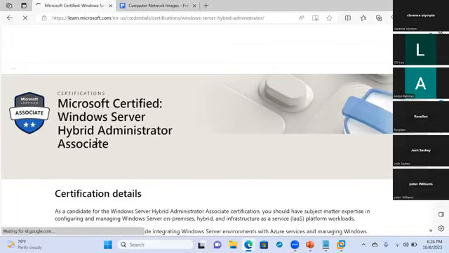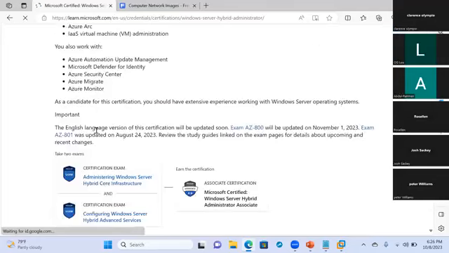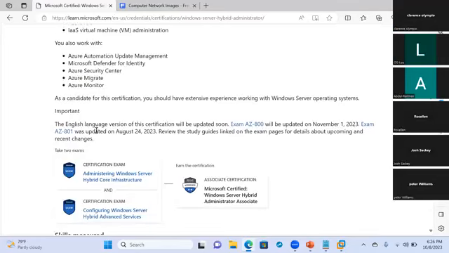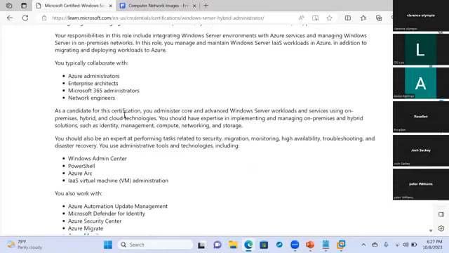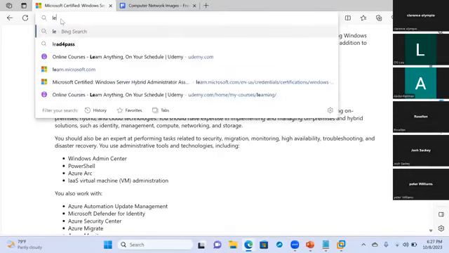But I think one thing that you have to know is that now all Microsoft certifications are required to be renewed on a yearly basis. So every Microsoft exam that you write, each year you have to renew the certification, but you don't necessarily have to rewrite the exam. There are some training courses that you do online, and then after that, you